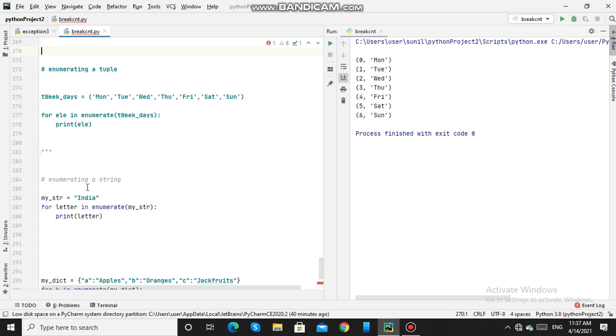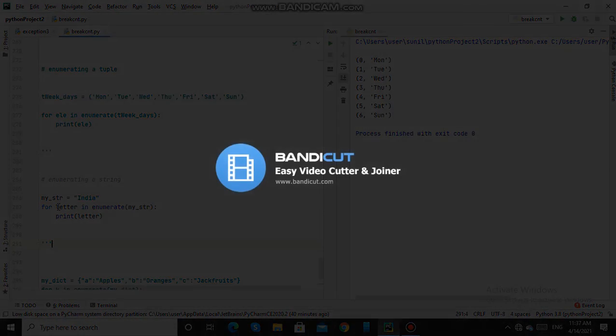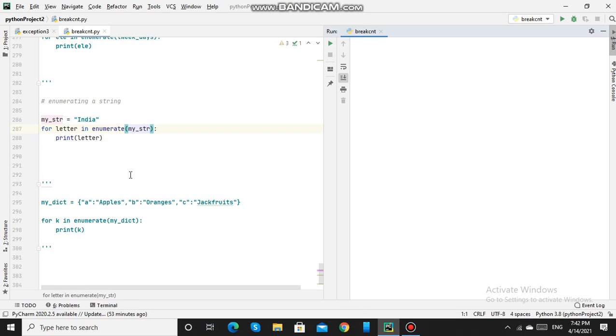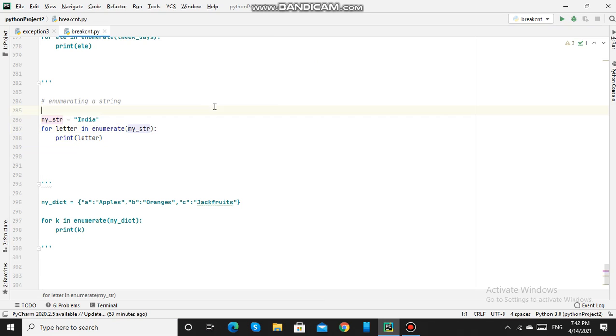Now we can enumerate a string. I have given a string, my string, as India. And for letter in enumerate my string, it will add a counter to each letter in the string. We'll run this.